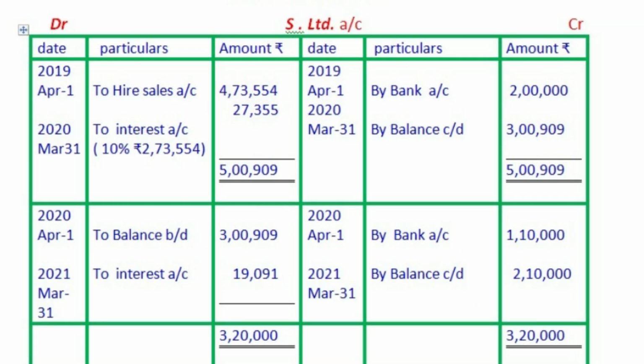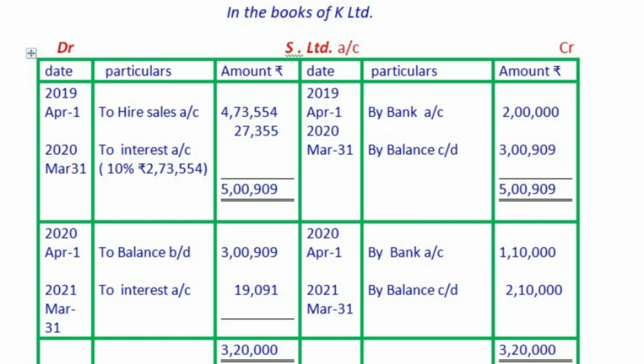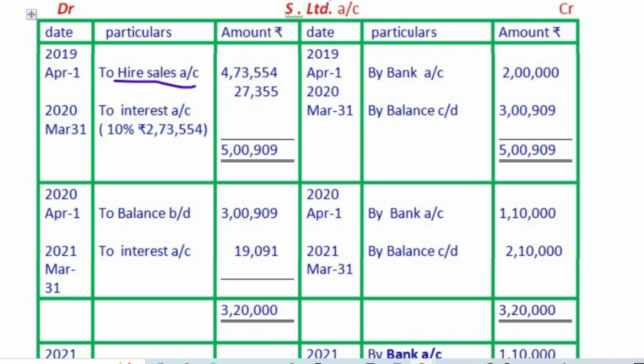When K Limited, the hire vendor, makes hire sales, it records the journal entry: hire purchaser account debit to hire sales account. So the hire purchaser is S Limited. Here S Limited account is debited to hire sales account, the value of the goods sold by the hire vendor,